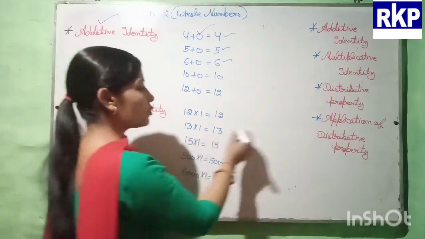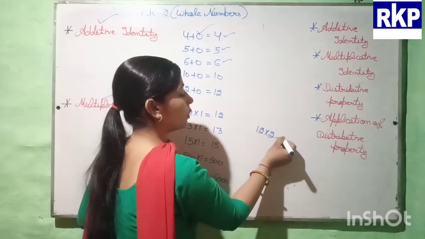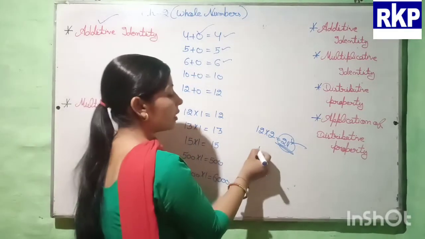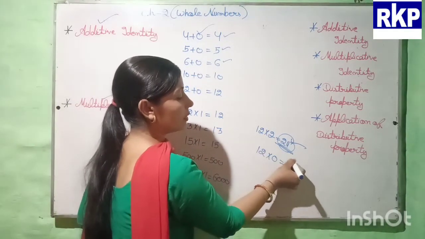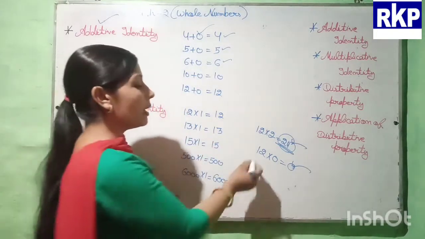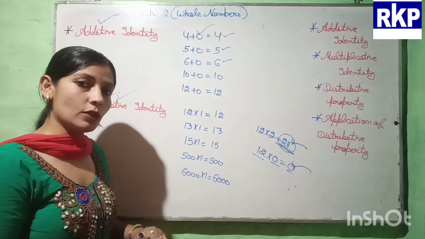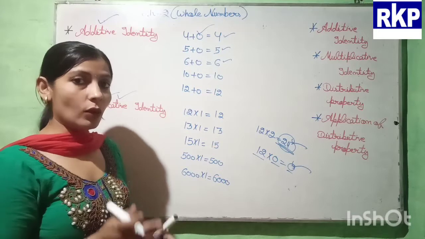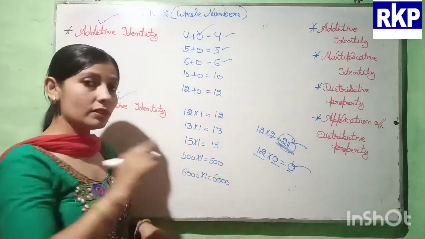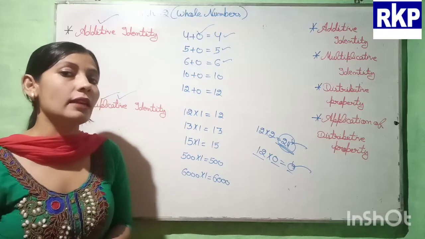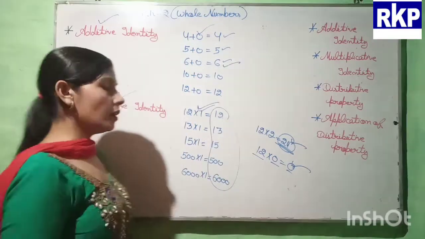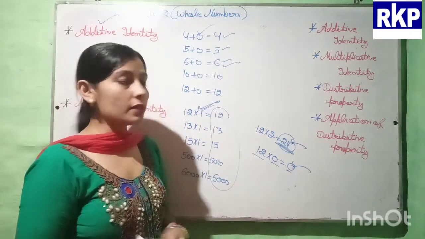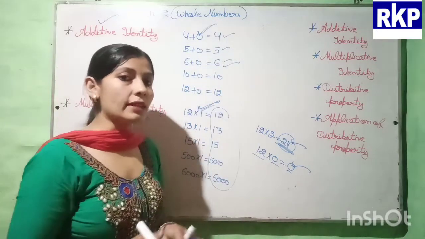If we multiply 12 with 2, then we get 24, so note, not the same number. If you multiply 12 with 0, then we get 0, because if we multiply any number with 0, we get 0, not the same number, beta. So when do we get the same number? Only by multiplying with 1. Multiplying by 1 is what gives us the same number. So we can say that 1 is the multiplicative identity for whole numbers and 0 is the additive identity for whole numbers.